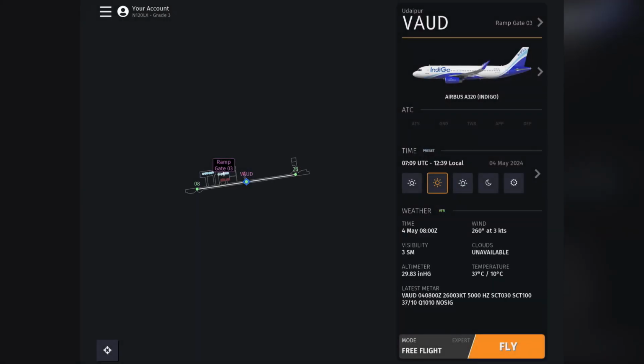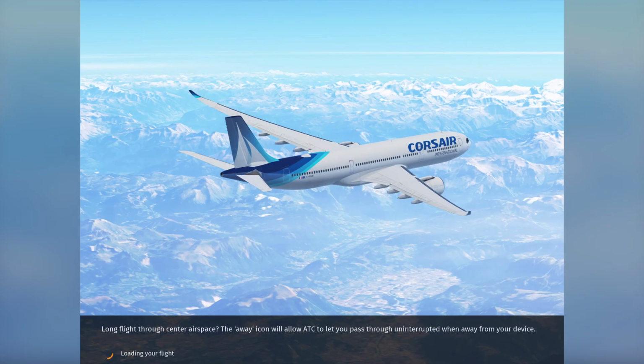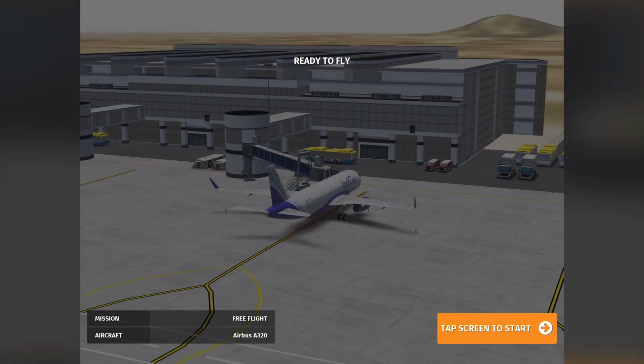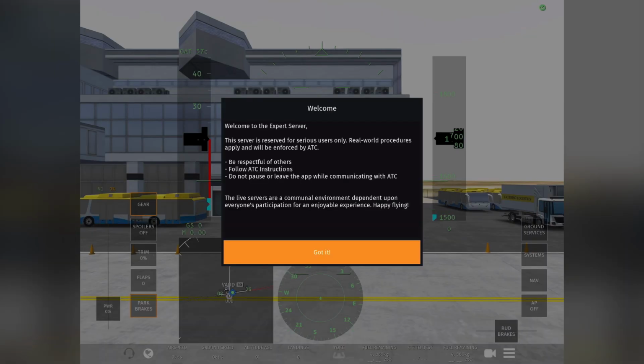Today we'll be doing a flight from Udaipur to Mumbai. So let's just go ahead, press fly. Alright, so it's loaded now. So we're on Expert 7 Infinite Flight